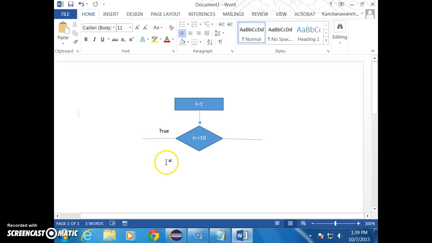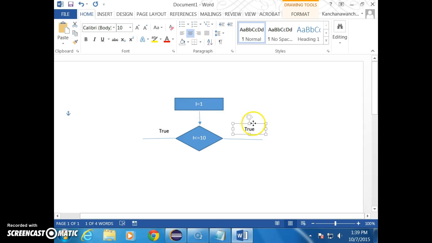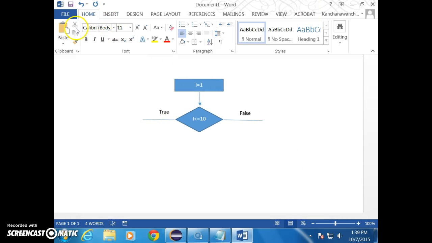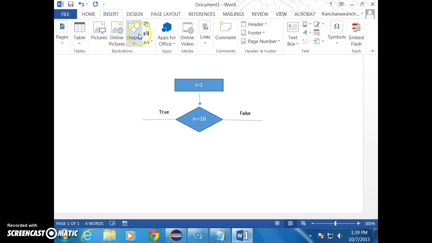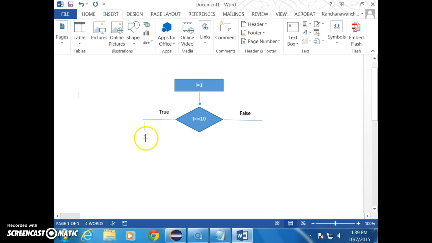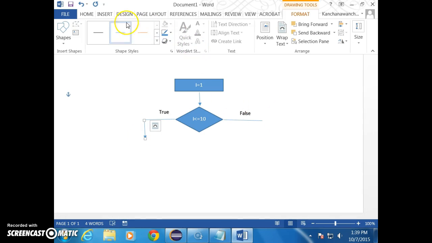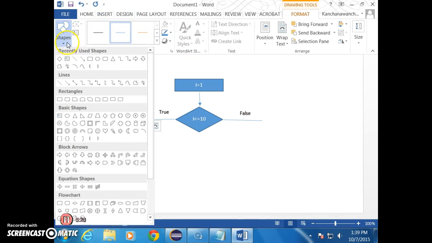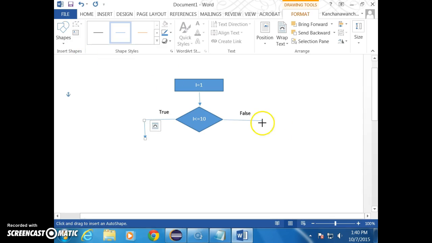So that's branching, right? And then you can express whatever you need. But if you look at iteration, iteration is different. You see that in this one you don't need to increase your i, and then you just do whatever you need. It just says true or false. But iteration